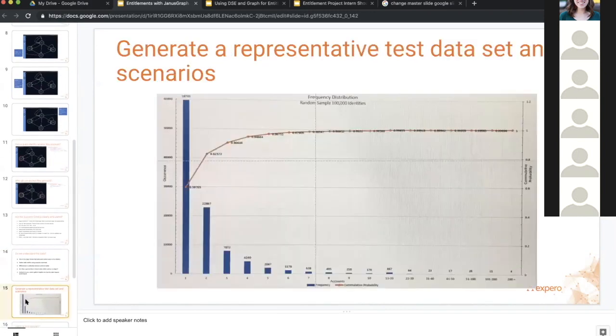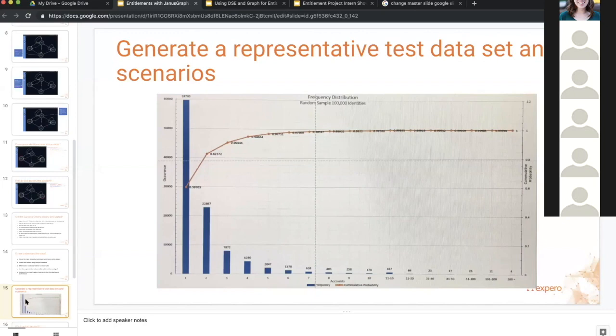So one of my lessons learned in this whole thing is that you have this large test data set, and if the tests you're writing are a subsample of your overall data set, so you've loaded your entire data set into your graph, and you're going to test it, this data set needs to be reflected. The data is going to look like it does in production. That's very important statistically. You also need to build your tests to reflect the transactional load characteristics that you're going to see